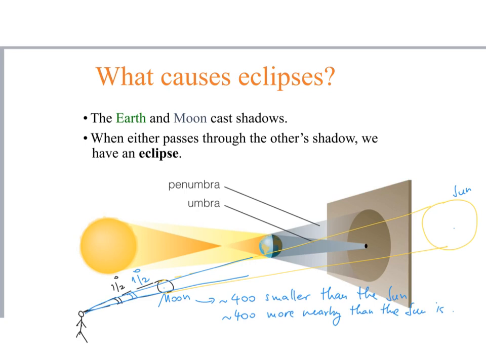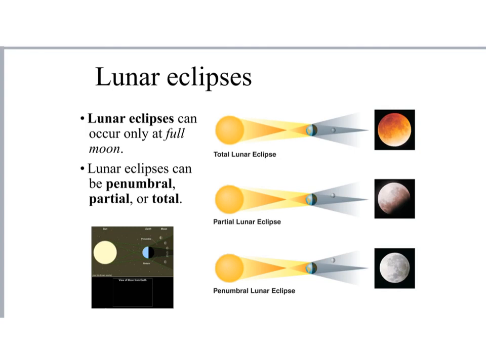All right, so what happens? Like just anything that you might know of, the earth and the moon cast shadows. And so when either passes through the other's shadow, we're gonna end up having an eclipse. So let's talk about them. The first type we're going to talk about are the lunar eclipses. They can occur only, obviously, at full moon. The phase of the moon that